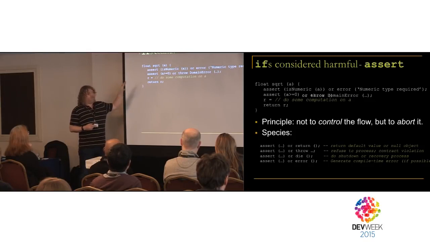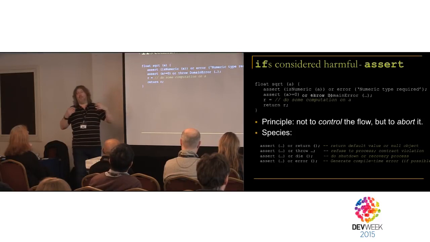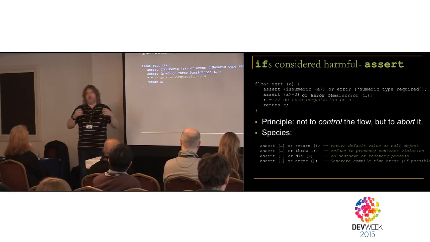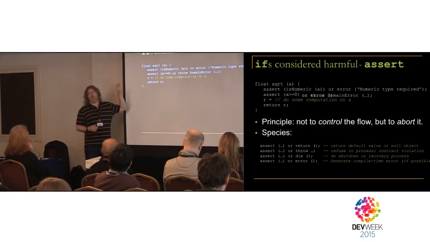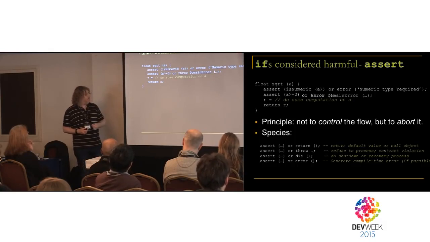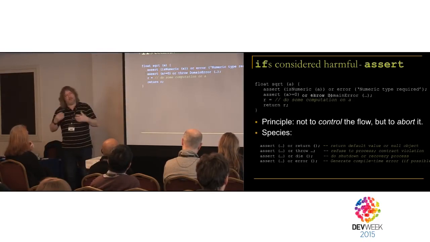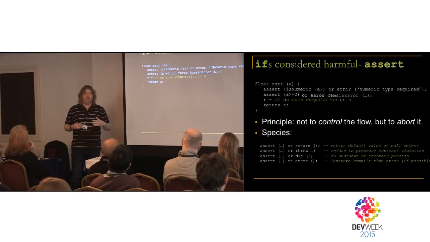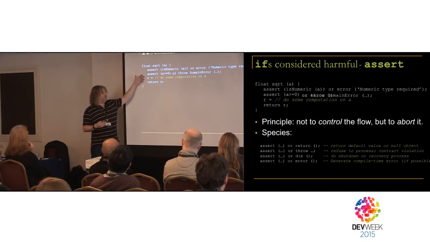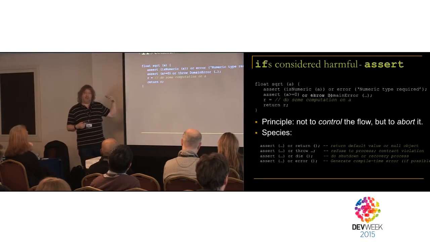So the reason for showing this is that we actually have two different consequences. We've got different things to do when the assertion fails. Normally what an assertion does is it just produces an assertion failure exception. But I'm saying actually we want to do more, that assertions can be worth more than this. If we do this, it takes a whole lot of testing out of the execution. It means it's the compiler looking for us. So at the point at which we start running this code, we can be pretty sure that it's numeric. And if we can actually do that testing at compile time, then we can be pretty sure that it's within range as well.